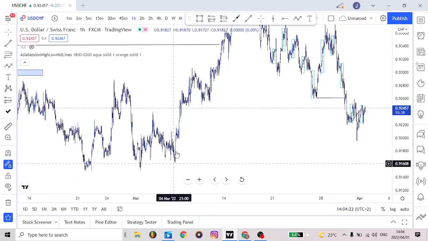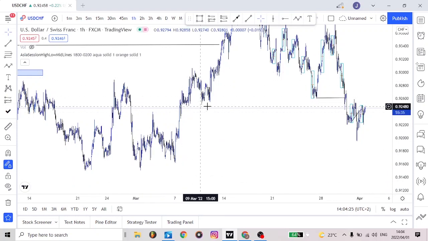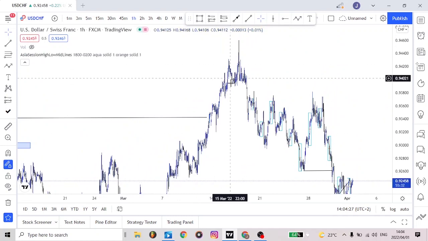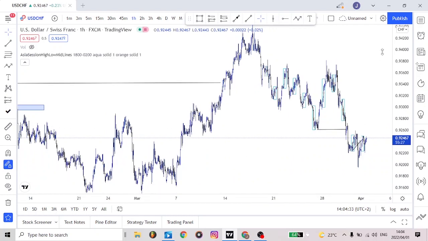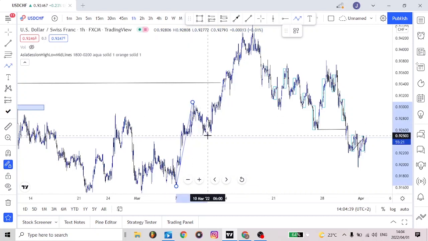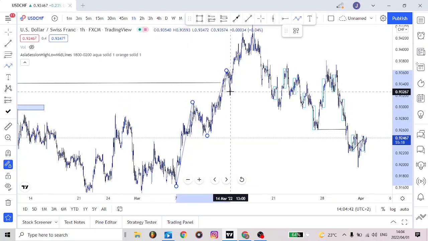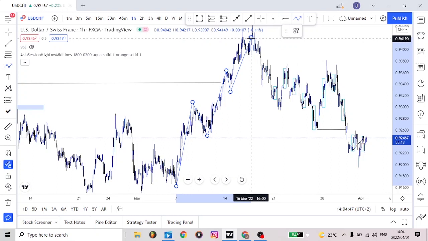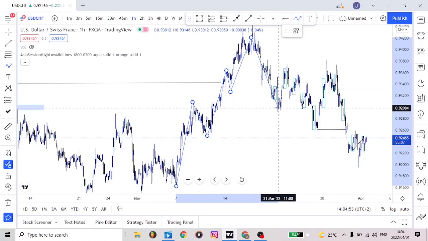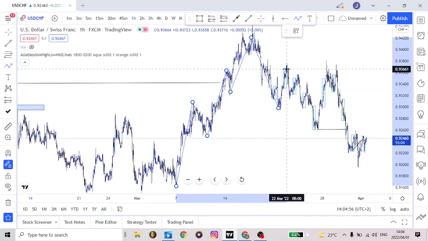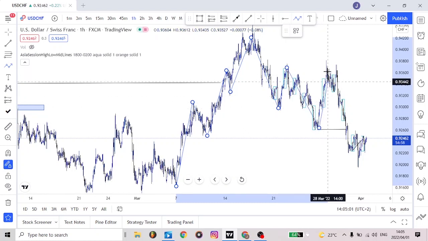So let's start here. We created a higher high, a higher low, also a higher high, higher low, a higher high. Okay, so let's mark those: a higher high, a higher low, a higher high, higher low, and then finally we created a higher high. And then when we came to the downside, we had a change of character, and then we continued to create lower highs and lower lows, and then this here was a fake out.